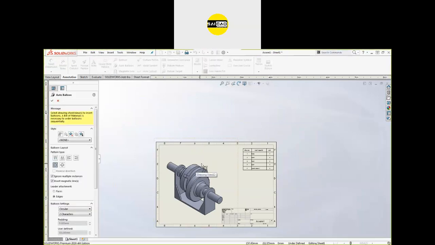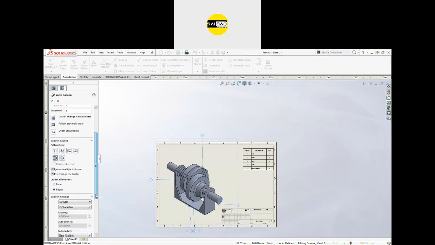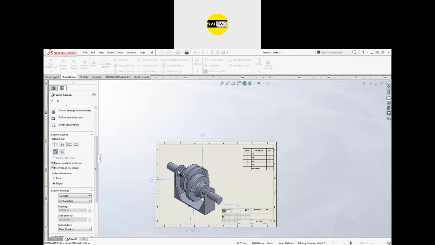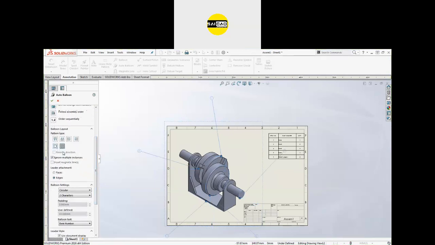So like that you can use the balloon option. So select the auto balloon always and click on the view, click OK, and again we have another option, that is the pattern type, how you want to define your balloon. For the location, you can see it's scattered around a square. You can create like this one, you can create on a single side like that, on the downside, the left, the right. So define the location where you want your balloon, and your balloon will be created like that.